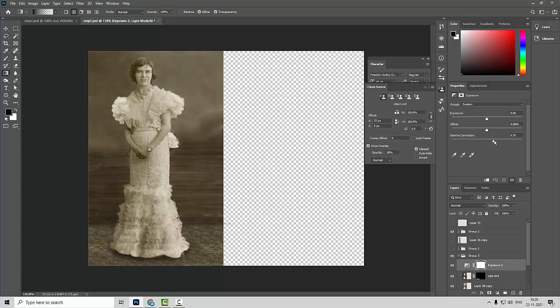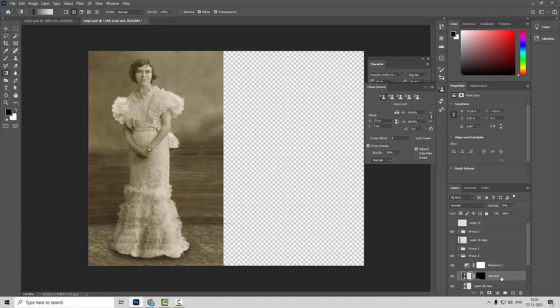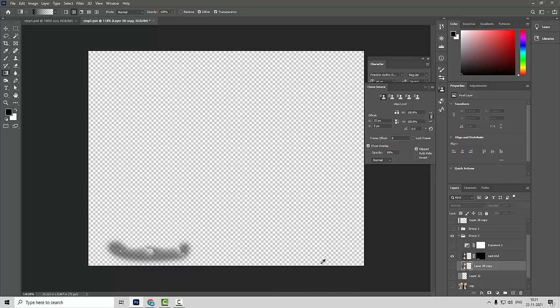So once we have just done this, I am going to apply the exposure something like this and something like this. Okay, once we have done this, again we need to use dust and scratches for the background. So I'll select both this one and this one. This is the shadow part, and I don't need to use it here.